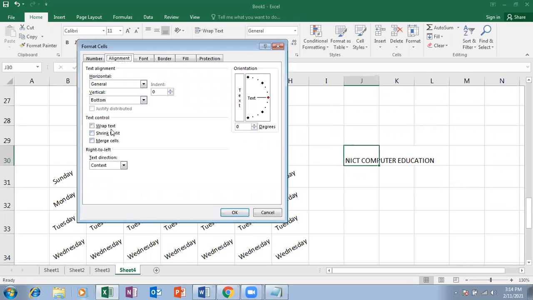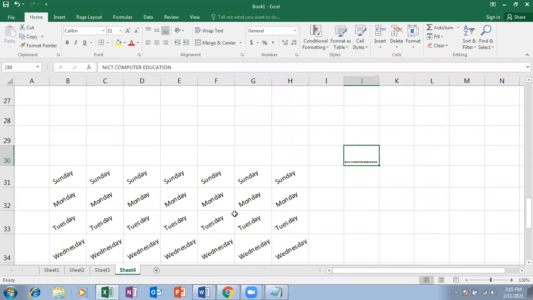Under text controls, just click and enable shrink to fit. Once I enable this option, whatever the content, however long it is in that cell, will be shrunk and fitted within one cell. That is called shrink to fit, which compresses and fits it in one particular cell. Is that clear?